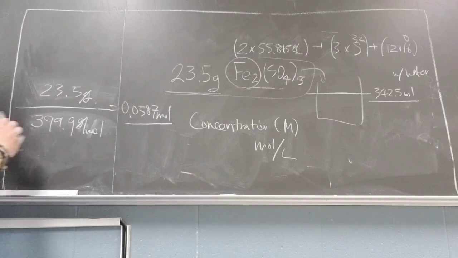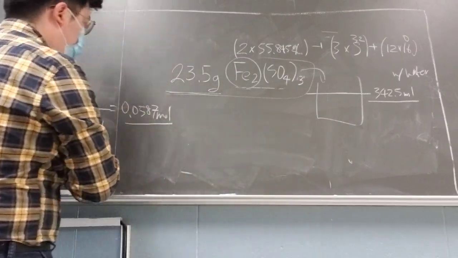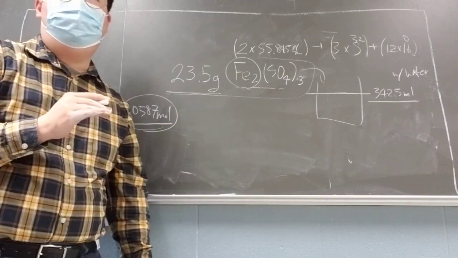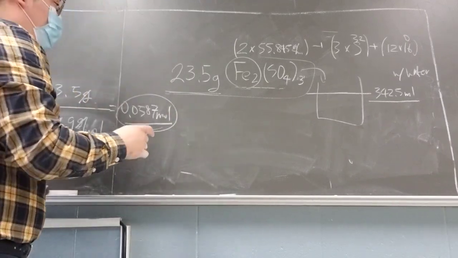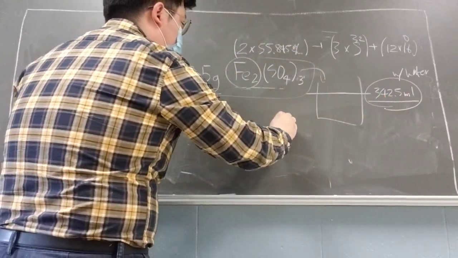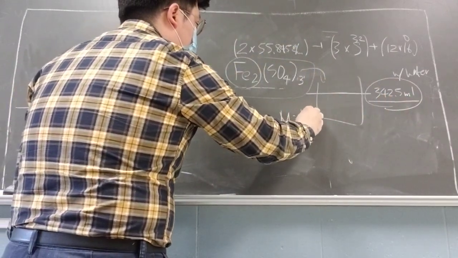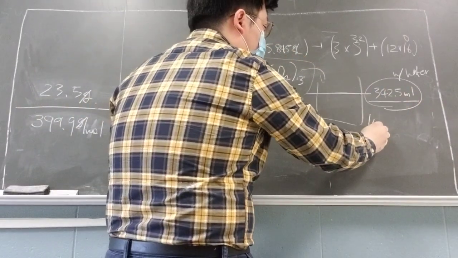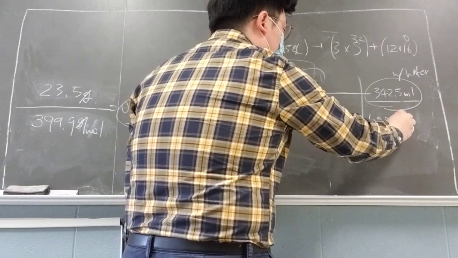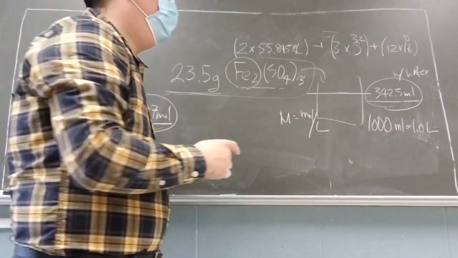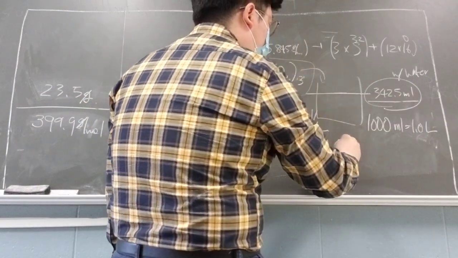Now, once again, you have this many moles here, and what we want to find out is concentration. So we need to use a volume here, but the problem is molarity is, once again, moles per liter, but this is in milliliter. So 1,000 milliliters is equal to 1 liter. Okay. So if you do the unit conversion,